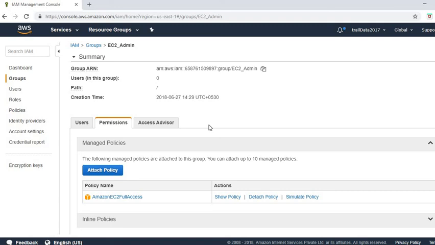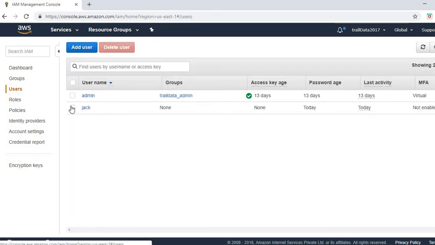We can create a group, let's say EC2 admin. So this is a group that will have all the admin permissions, all the policies attached related to Amazon EC2 full access, as you can see, right, to this group. And if I am assigning any user to this group, that user will definitely get the admin access to EC2. So let me go back to the user Jack,